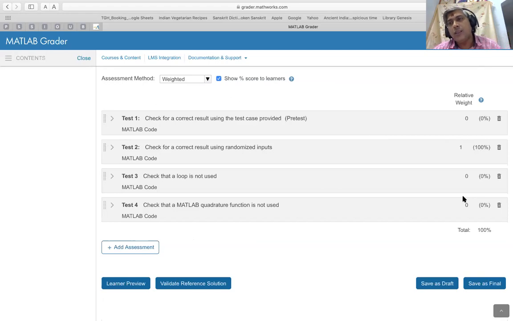There is no other question that is being awarded marks except for test 2. So if the user gets the answer correct to this question, the user gets 100% on the overall problem, right? And then you can also award some marks to see that a loop has not been used. So I told you, right? These are certain checks that you may want to incorporate to make sure that the user is not directly assigning some value. In fact, the test case itself will take care of that. But maybe you want to give some credit to the user for not using a loop.